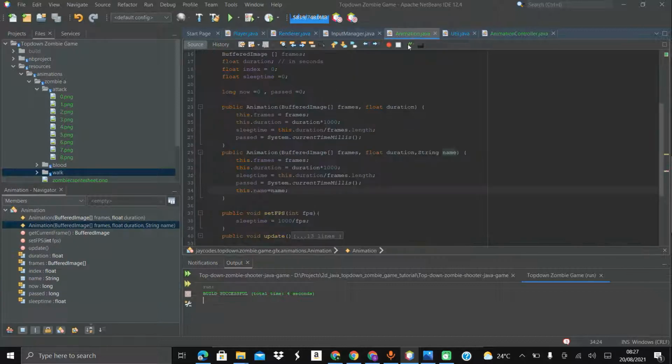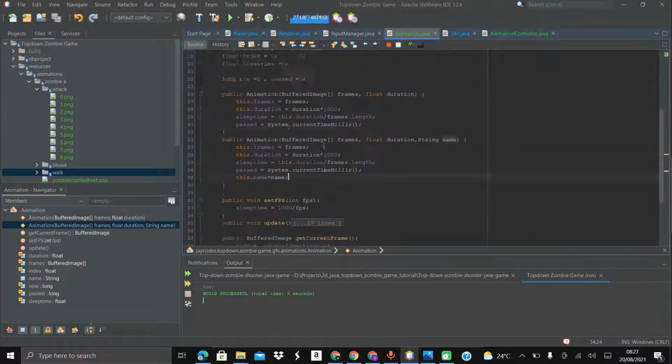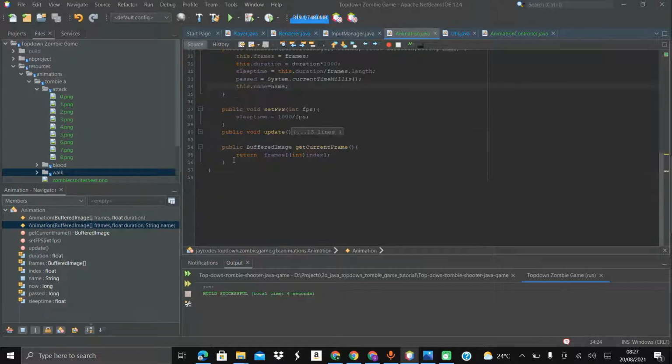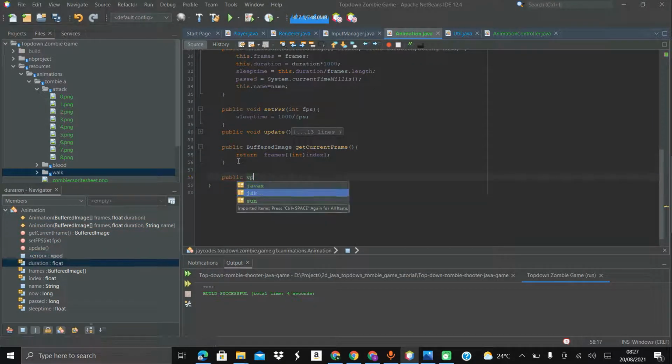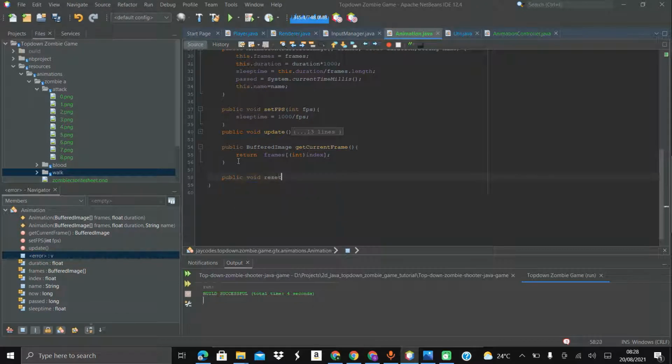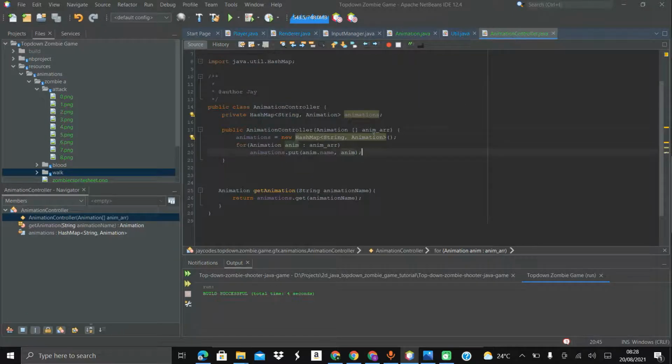Oh guys, by the way, I just remembered we need to have a very important function over here, and it's going to be the reset function. Public void reset. We're gonna simply say index is equal to 0. It's pretty much important. So yeah. Anyway, so